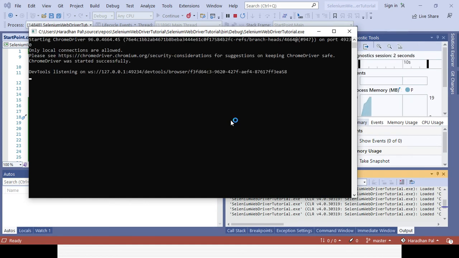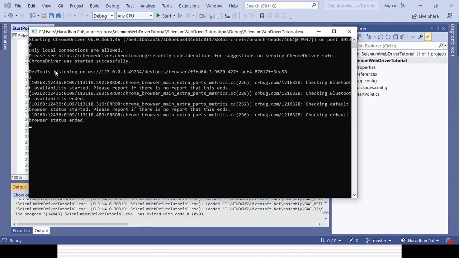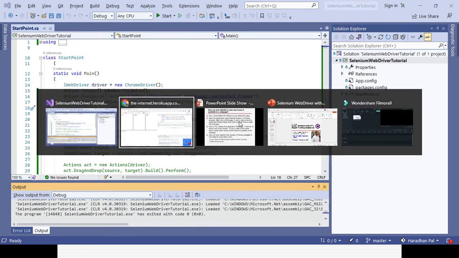It will launch the page and give me the total number of frames or framesets available first, not the nested frame, the basic frame. Definitely two frames will be available, so it will give me 2. You can see here it is giving me the value 2, so two frames are available. Now, how can we handle the parent frame and the subframe or nested frame?